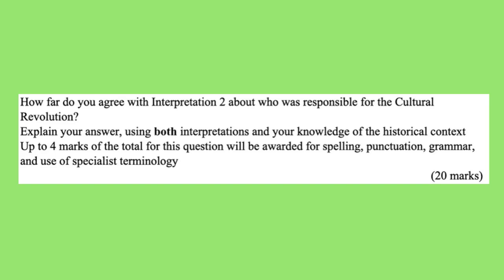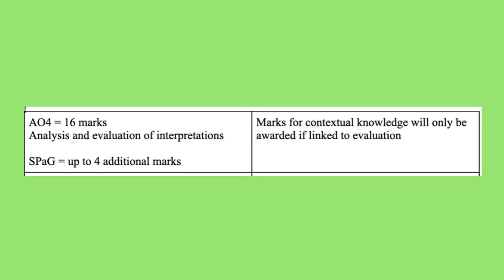How far do you agree with interpretation 2 about who was responsible for the Cultural Revolution? Explain your answer using both interpretations and your knowledge of the historical context. Up to 4 marks of the total for this question will be awarded for spelling, punctuation, grammar, and use of specialist terminology. 20 marks. Here's the mark scheme for this question, which you can find out about in more detail